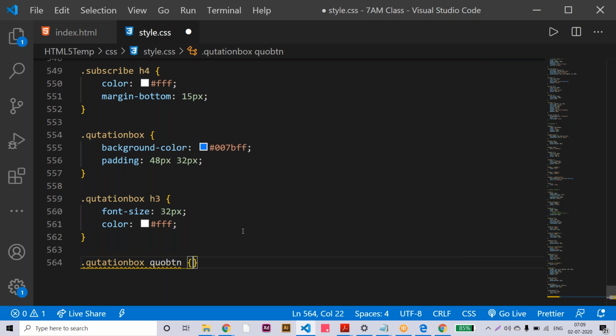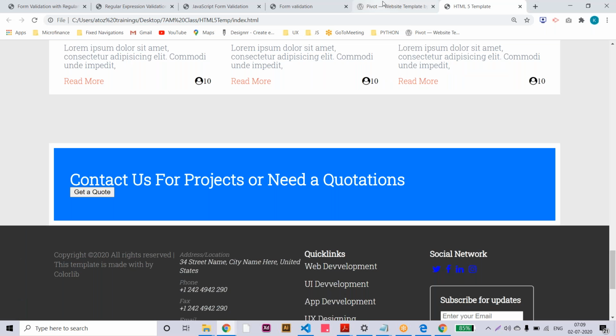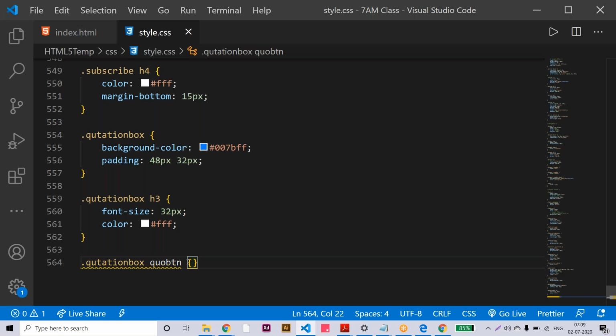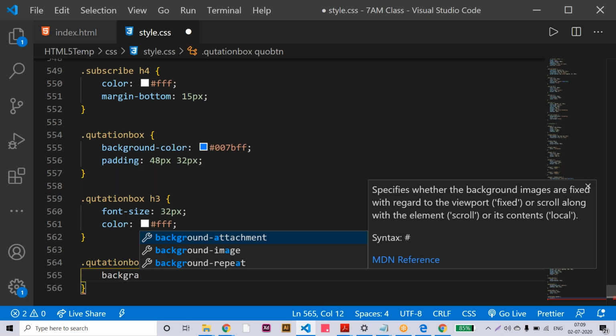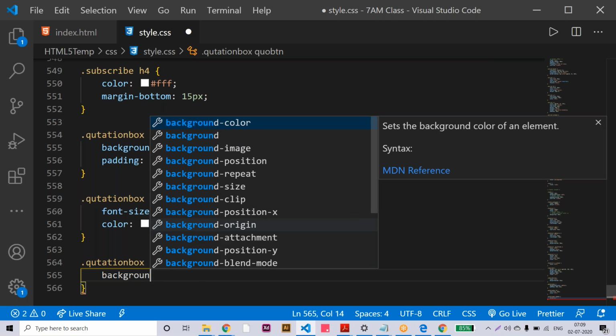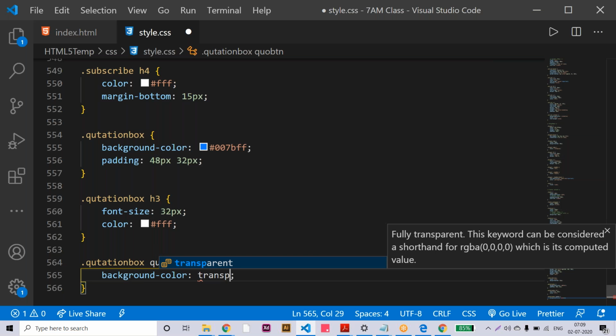Okay, and where it is? Yeah, by default there is no any other color, so it's a transparent, okay. On mouse over the white color, the background color, okay. So like this way you can apply. So let's say here, the background color transparent,